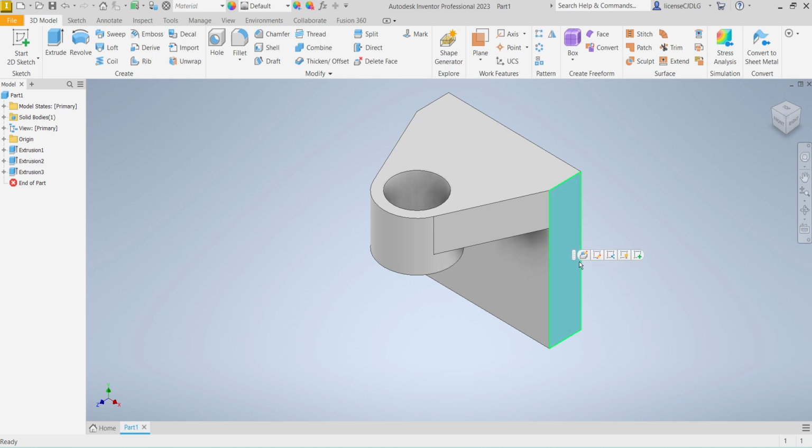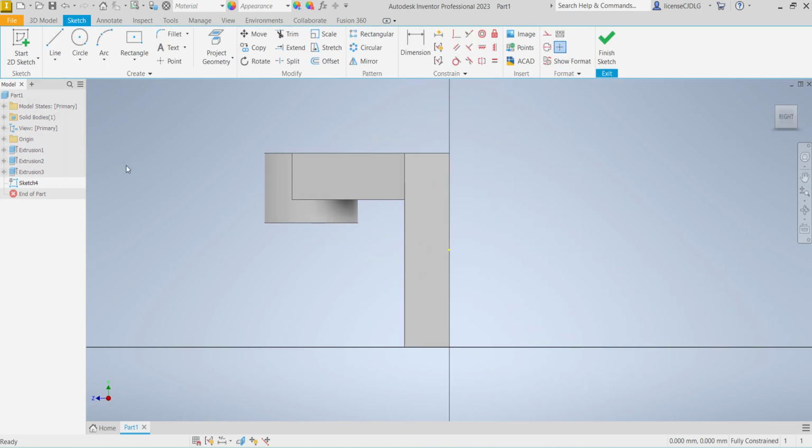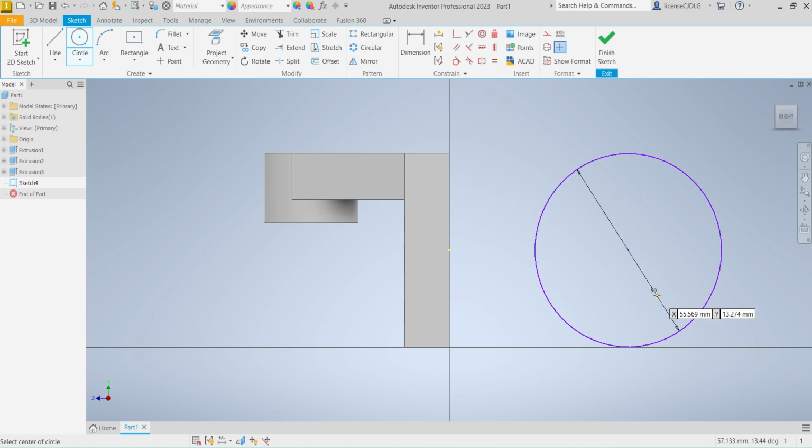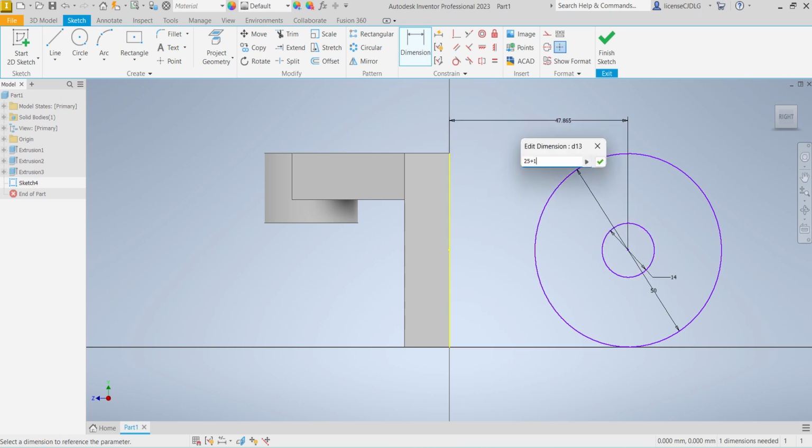Next, select this surface, sketch, select line, create circle first, 50 and 14 mm. Give the dimensions, 25 plus 13,